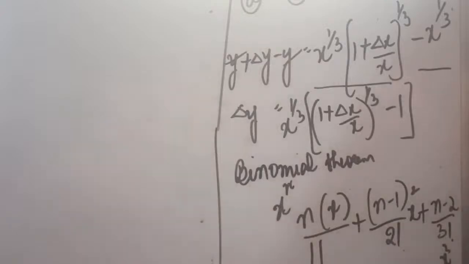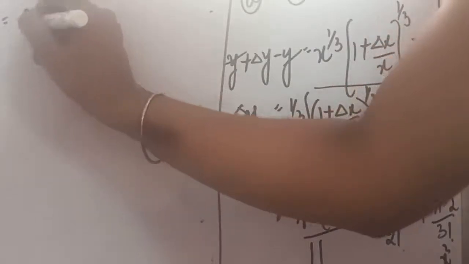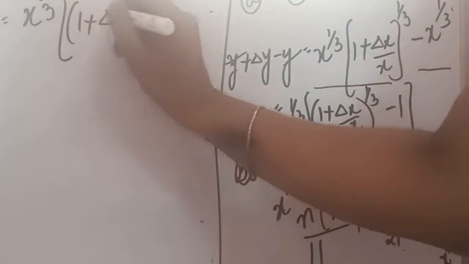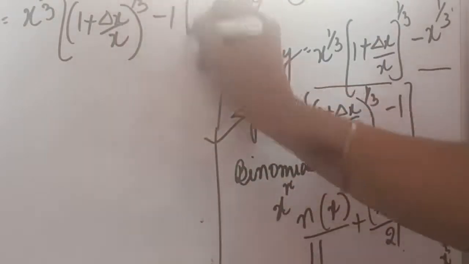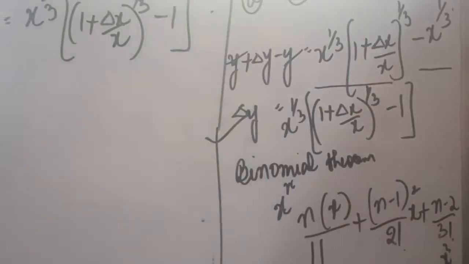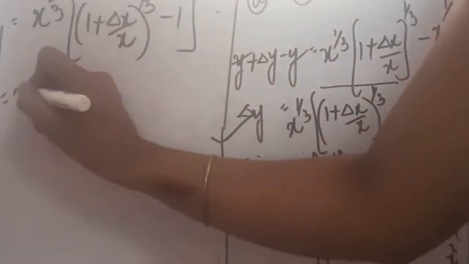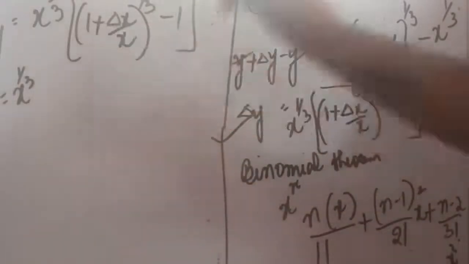Here also in the question, now we have reached till here. I'll show you how we will apply the binomial theorem over here. I'm just copying whatever we have got till now. So this was what we have got. For applying the binomial theorem, we require 1 here and 1 here. How will the binomial theorem be applied? This outside part is going to be the same because the binomial theorem starts from 1 plus.